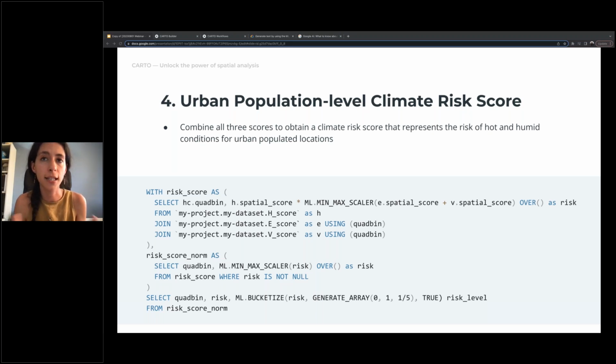In this case, we are dividing the score into a set of 5 equal groups, so groups of equal length, that would go from very low risk to very high risk. To do this, we are using the BigQuery function ML bucketize, in which we take the risk and assign to each of the values of the risk a score, a group. So for example, in this case, we are